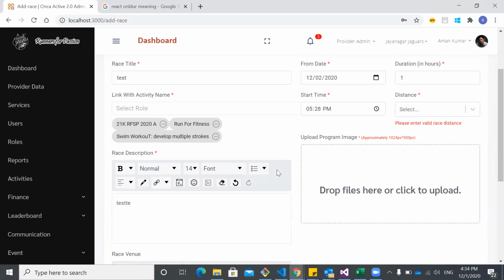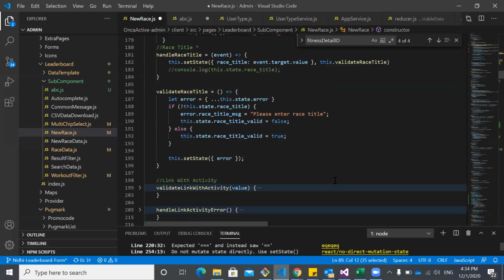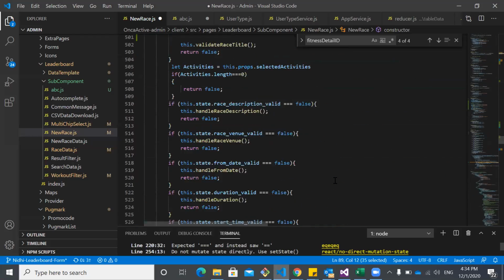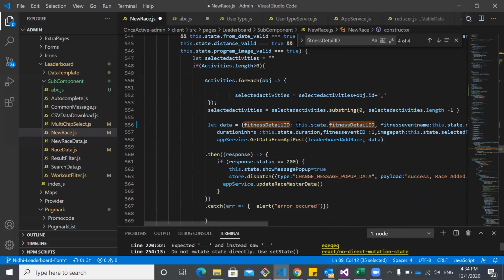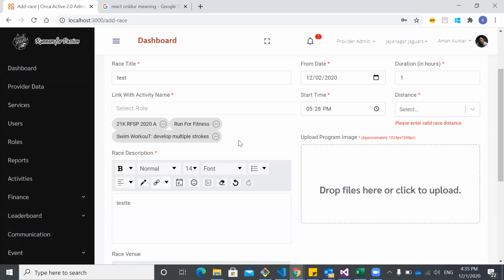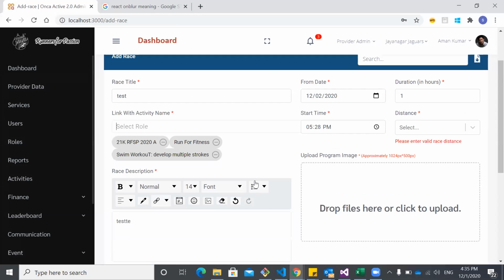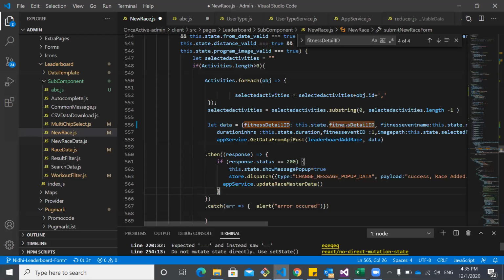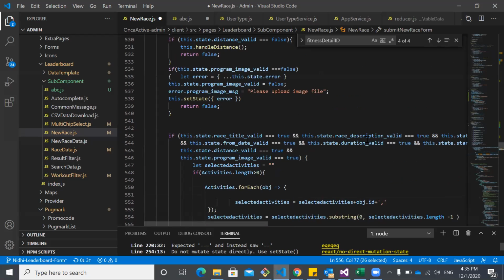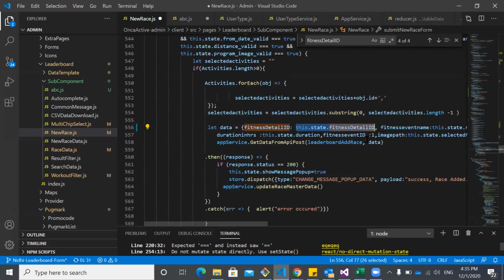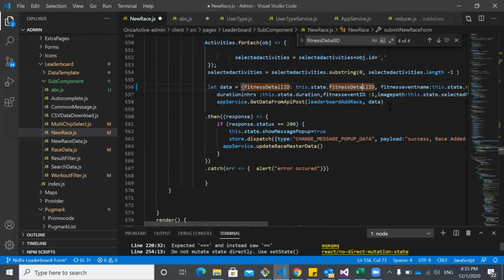Okay. Yes, ma'am. So for that, if we directly write null as the fitness ID here, then every time it will consider null only. For the update functionality, we are not going to write the entire form in a different component. We are calling the same component for the update also. So for that, we are setting this dot state fitness ID at the top as null. For the update, we are setting it after that. I will also explain where I am updating that fitness ID for the update and view functionality.